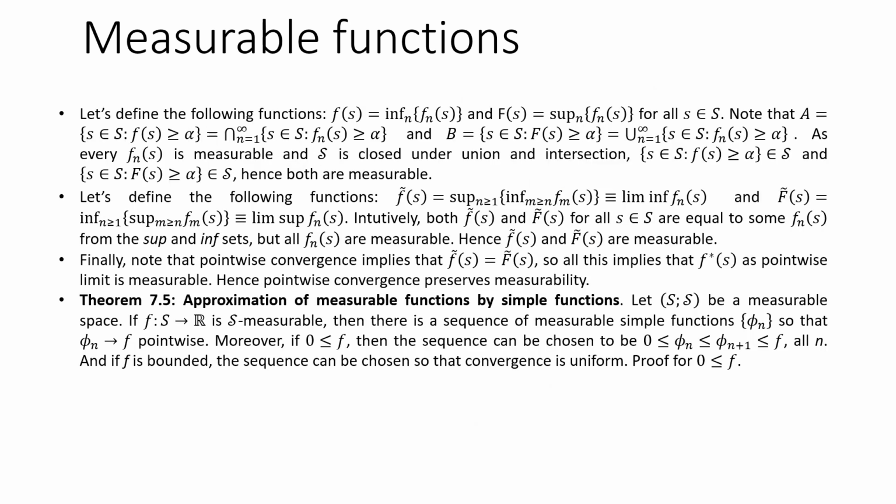So let's see the sketch of the formal proof. The proof can be completed in, I guess, 2 steps, and to this end we need to define some functions. You can read the definitions of these functions. The point is that the measurability of the functions is based on the measurability of the functions in the series. So in the second step, as you can see, we define 2 functions which are key in the proof of the theorem according to which pointwise convergence preserves measurability, because